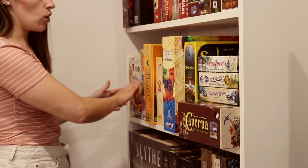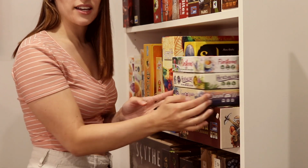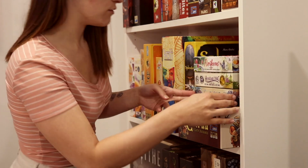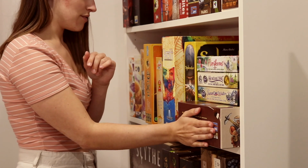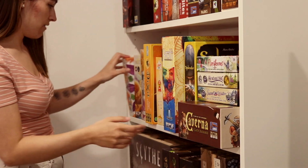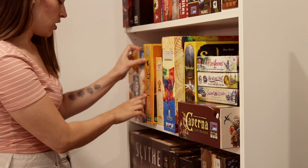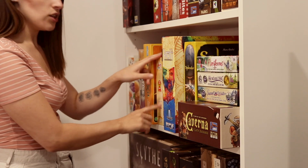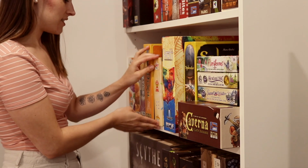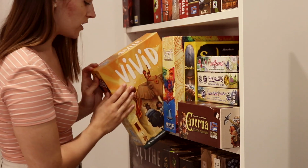All right, so we are now moving into the 3rd shelf. This is the oranges moving into the yellows, as well as my little stack of amazing Pencil First Games. Oh, this is gonna be hard. We also have Caverna down here. We have the Whatnot cabinet from Pencil First Games, we have Calico, we have Azul Summer Pavilion, Dixit, Just One, which is a fantastic party game, Vivid, I really enjoy this one,